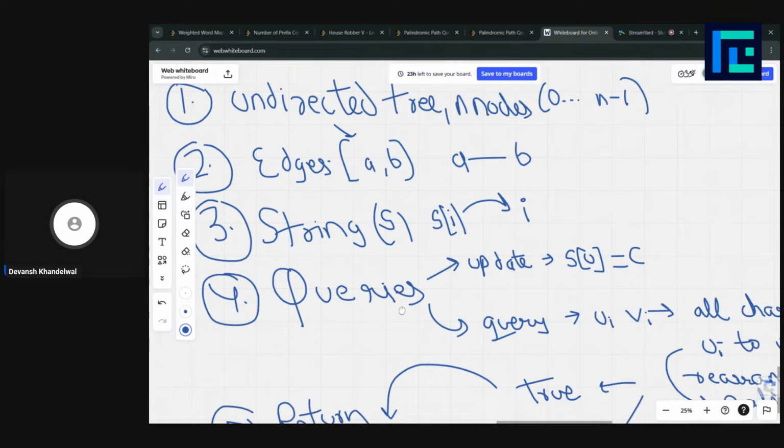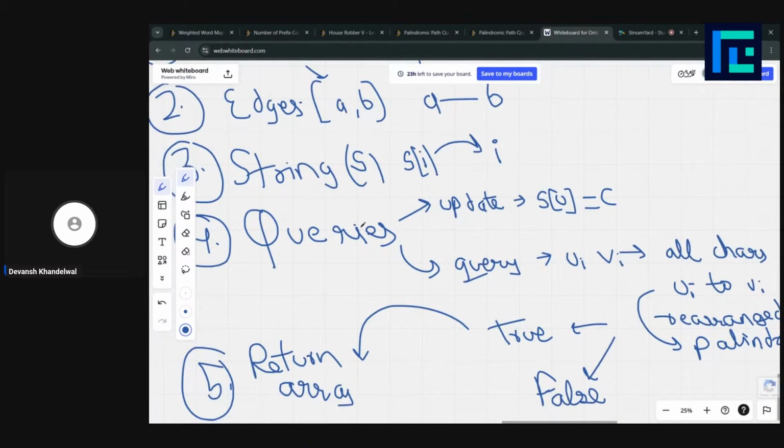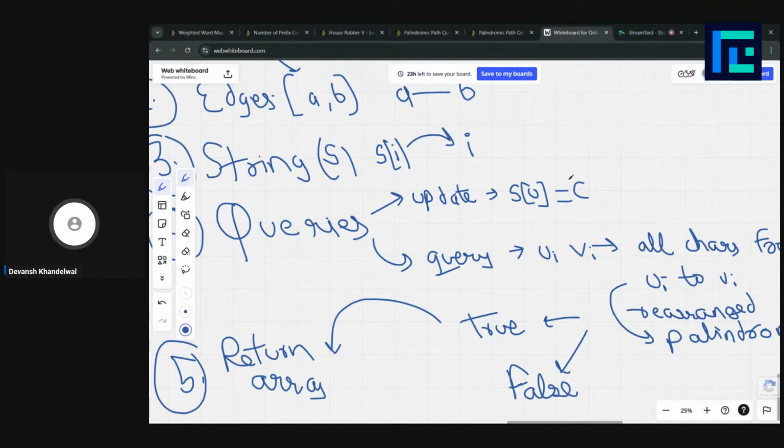And then we also have a string where s[i] tells us the character corresponding to the ith node. And then we are given queries of two types. One is an update query where we have to update the uth character of the string s to the character c, which would also be given.